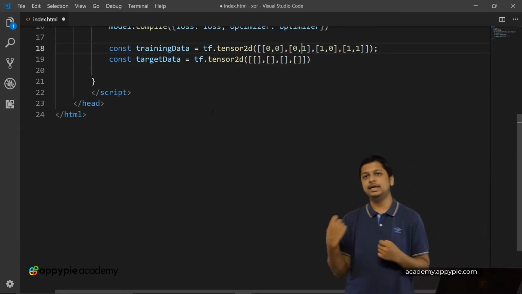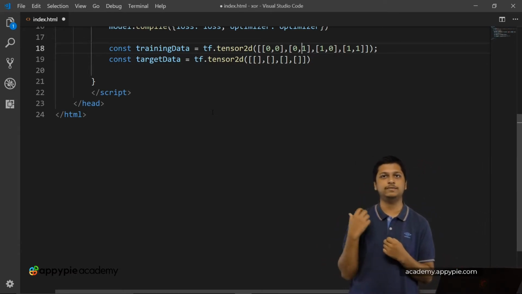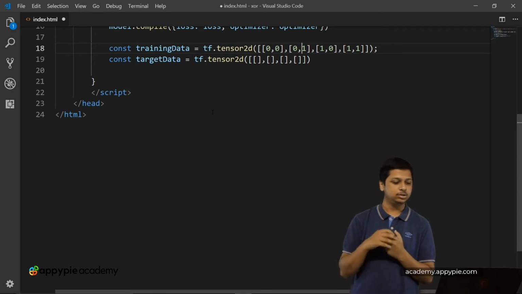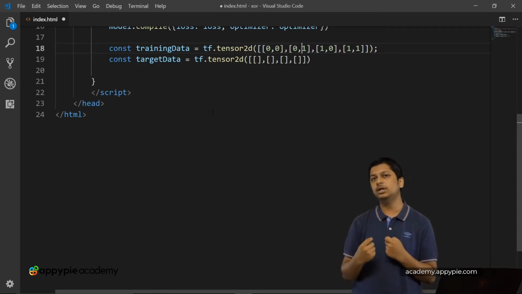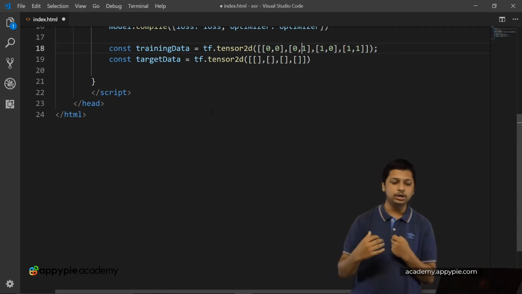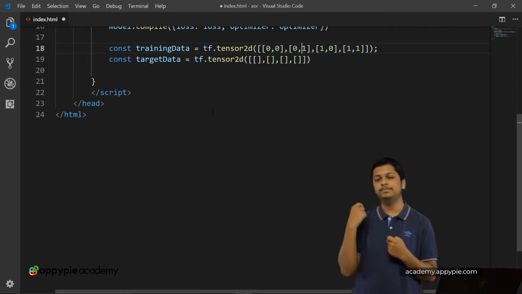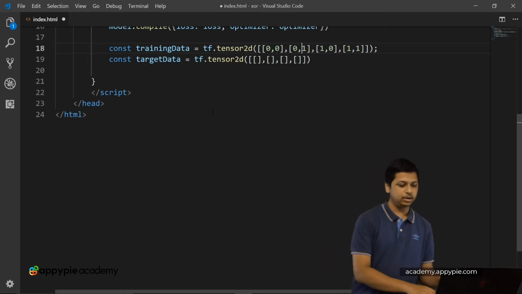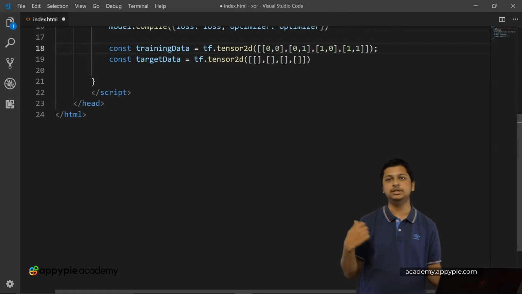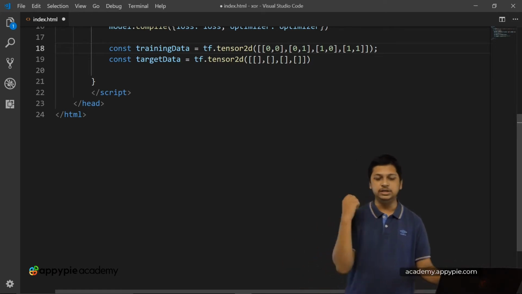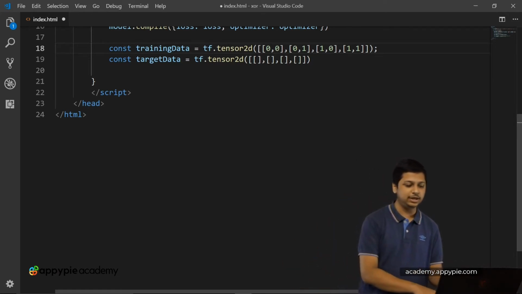So now let's recollect the general rule of thumb of the XOR equation. If we have an odd number of high inputs, or an odd number of 1 inputs, then the output is 1. So over here in the first case we have 0, 0, so we have 0 ones, which is an even number, so we'll have 0 over here.